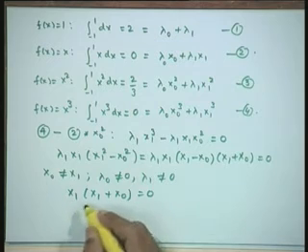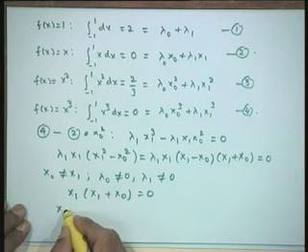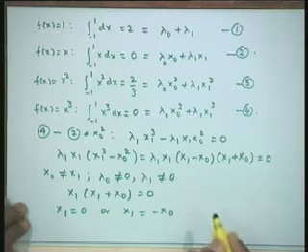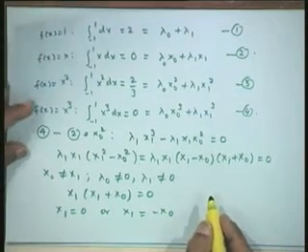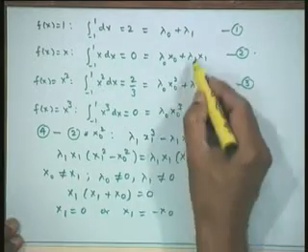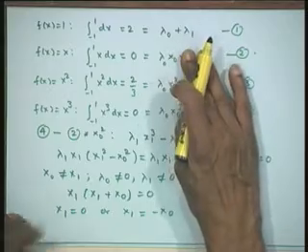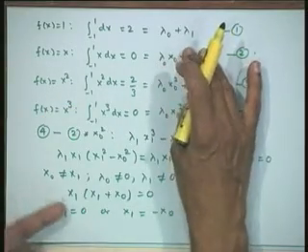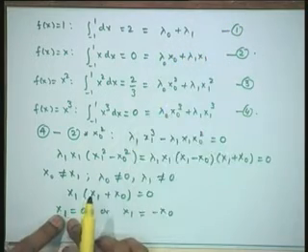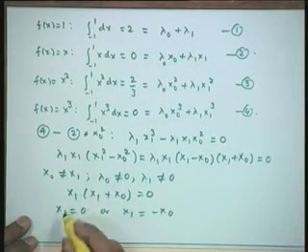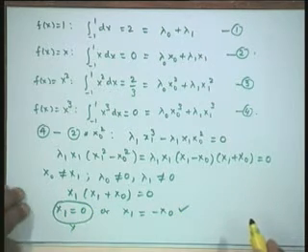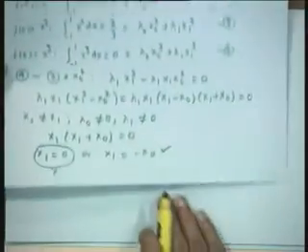This gives you x 1 is equal to 0 or x 1 plus x naught is 0. So x 1 is equal to 0 or x 1 is equal to minus x naught. Now we shall exclude x 1 equal to 0, because just look at equation 2: when x 1 is equal to 0 this term goes off, and hence lambda naught x naught is equal to 0, that is not possible, lambda is not equal to 0, or x0 is equal to 0. If x0 is 0, again both are equal to 0, therefore this is also not possible. Therefore, the only solution that comes from here is that x1 must be equal to minus x0.